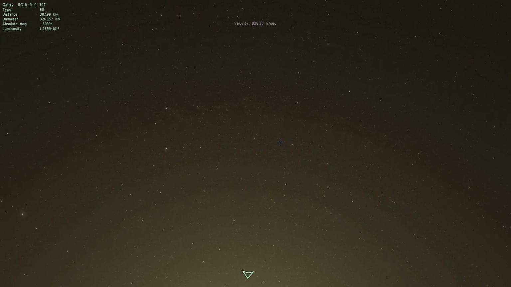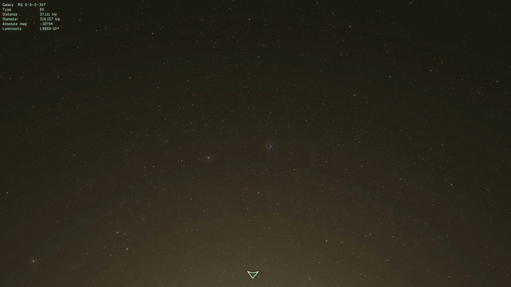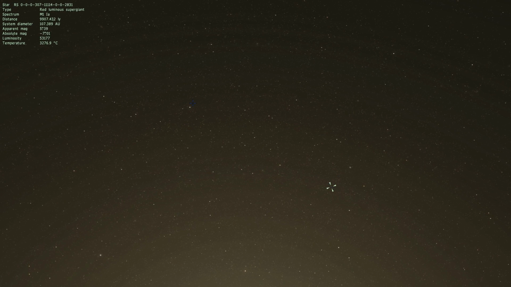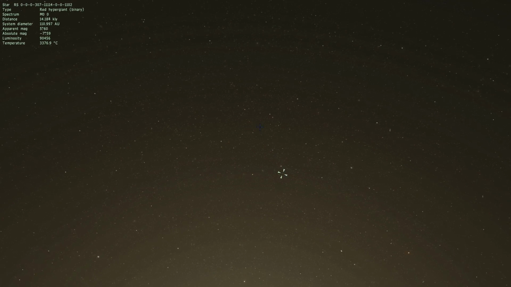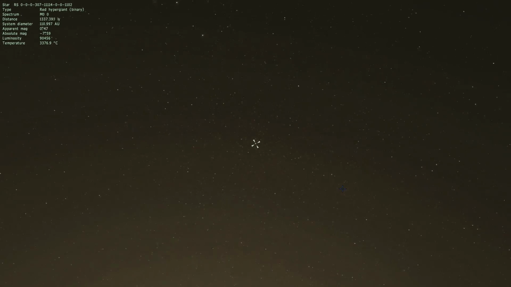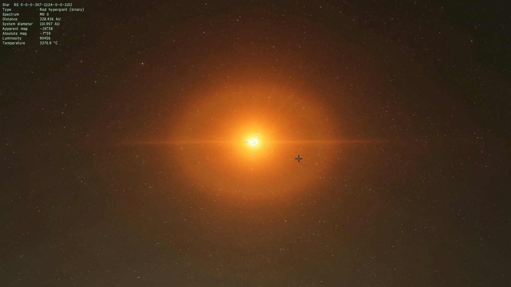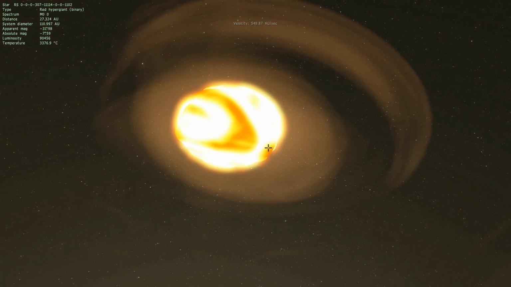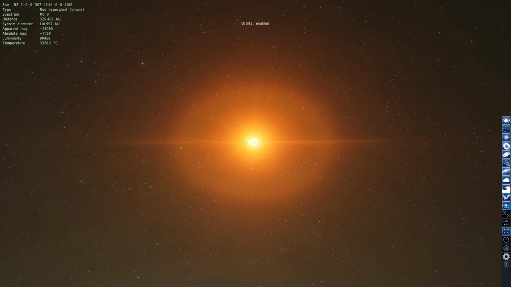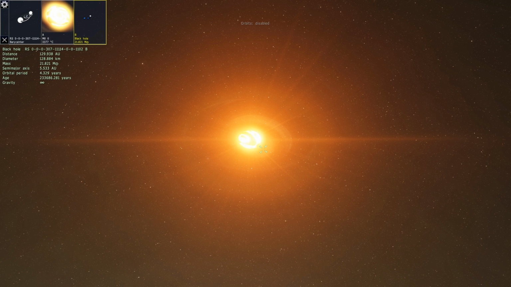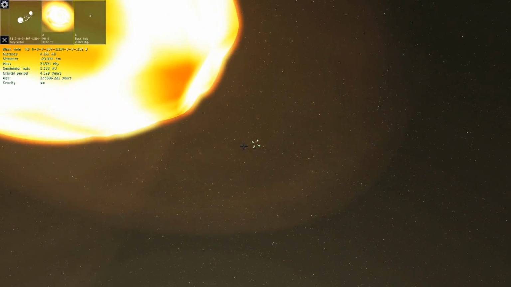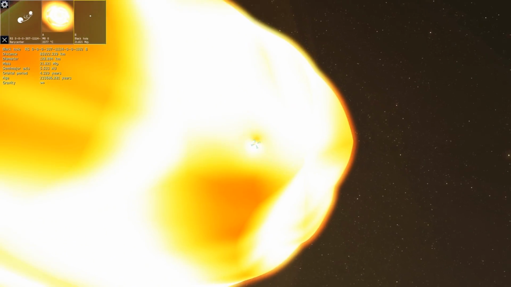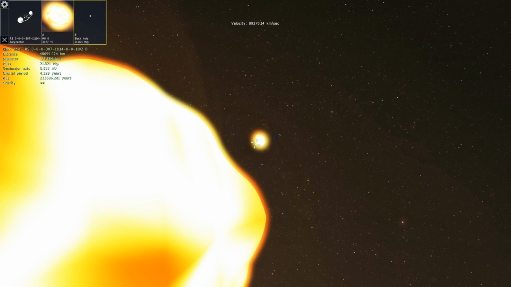And as we get inside, any one of these could have life. Do we find possibly any of them? Nope. I've just been so bad about that this time. Let's just pretend for a moment that one of these had life. This supergiant, highly doubtful with a star that looks like that. So we'll check out one of the planets in the system here. Disable orbits, and oh, look at that! There's a black hole orbiting this giant. We'll zoom in right up next to this guy and get right up next to the black hole.